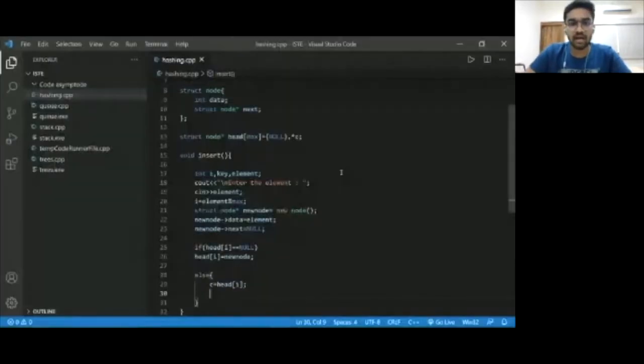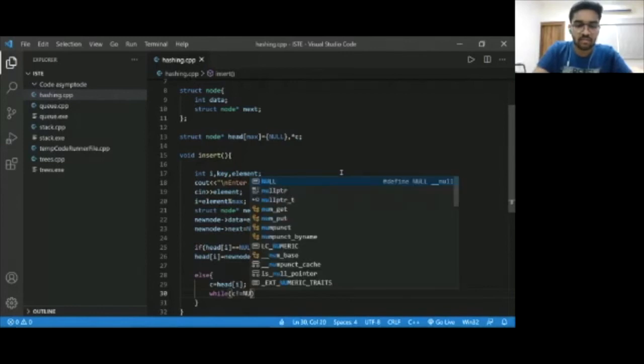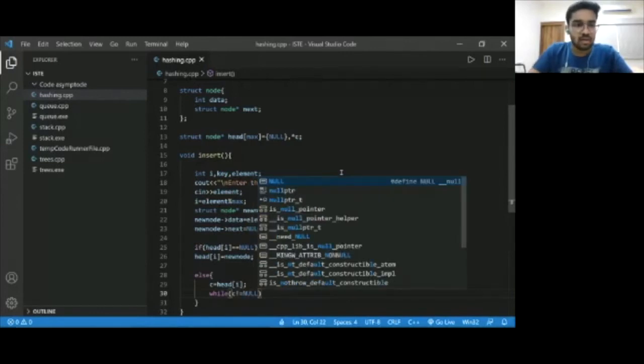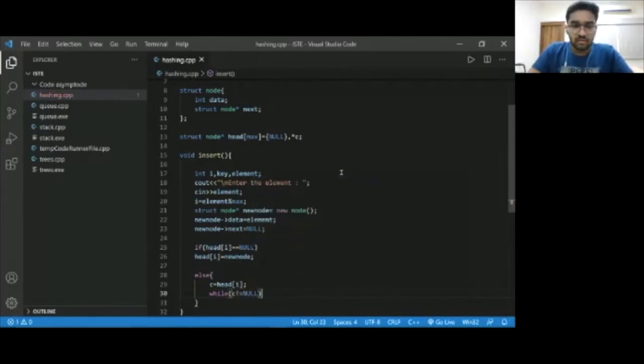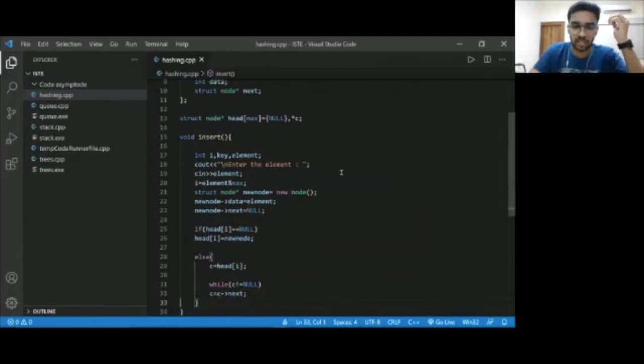For that, once again we shall run a loop that says while c is not equal to null, c is equal to c's next. So this while loop will make sure that c points to an empty location.